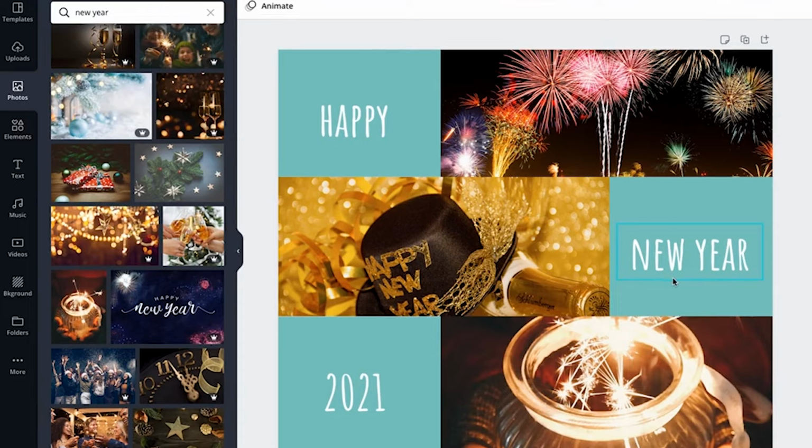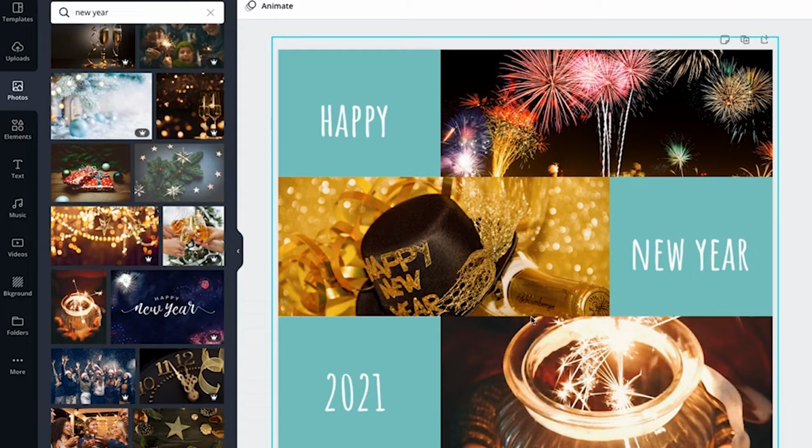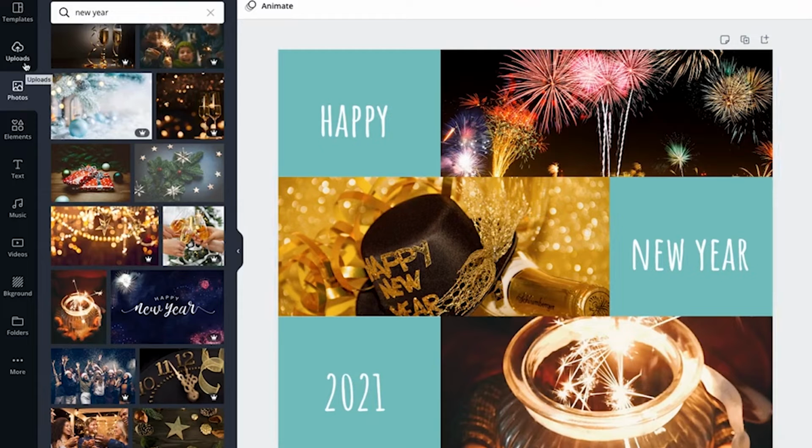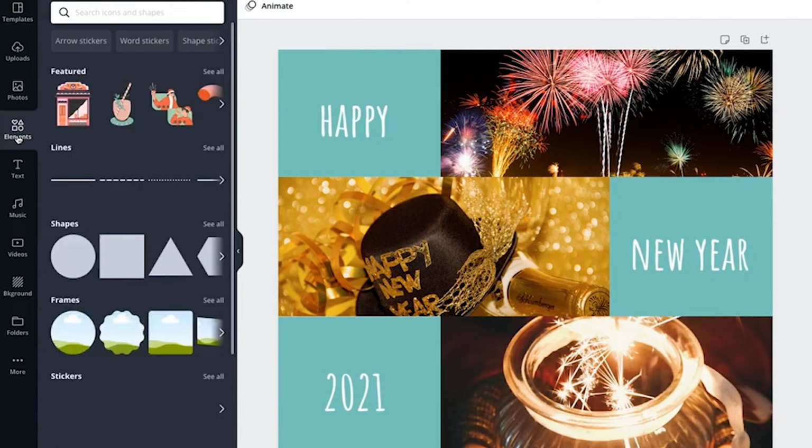But now to this, I would like to add some stickers to make it much more appealing and much cuter. So the way to do it is, on the left side, you find all these menu bar items. And one of the items that you can see is elements. So click on elements. And as soon as you click on elements, you find all these different variations of elements that you can add on your posters. Number one is lines. All those small arrows that you can see, you can actually add those using lines. Shapes is another of those elements that you could add.